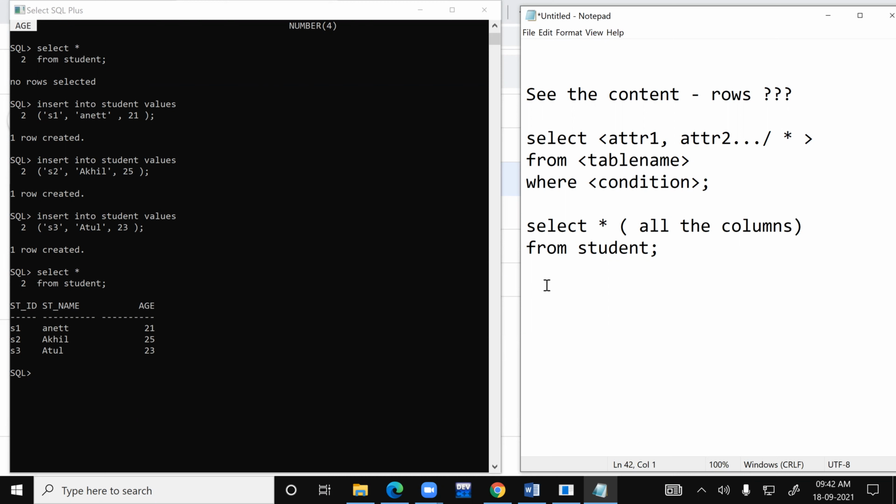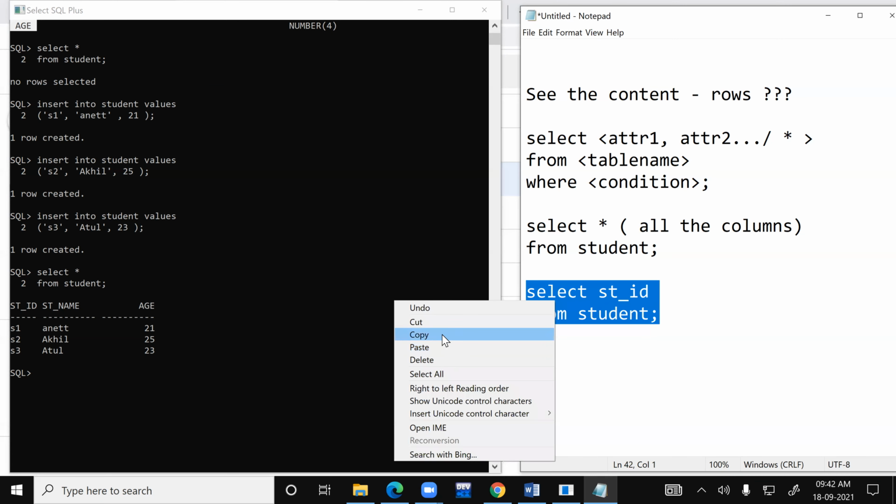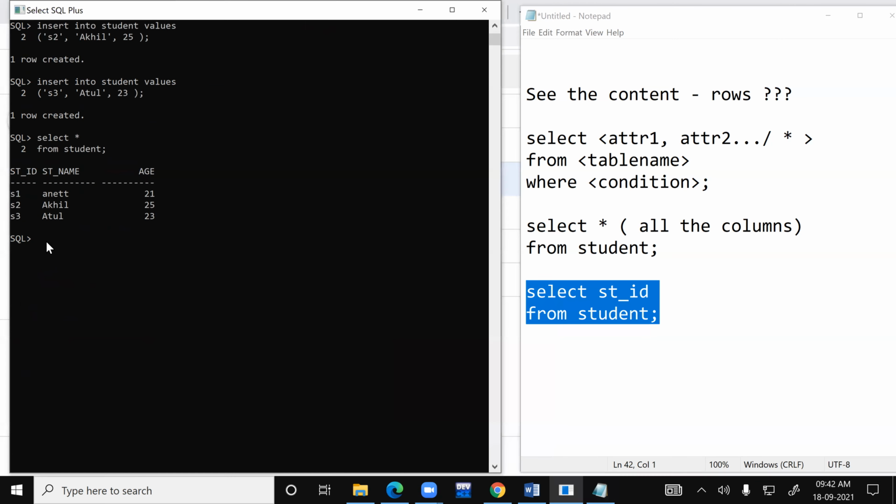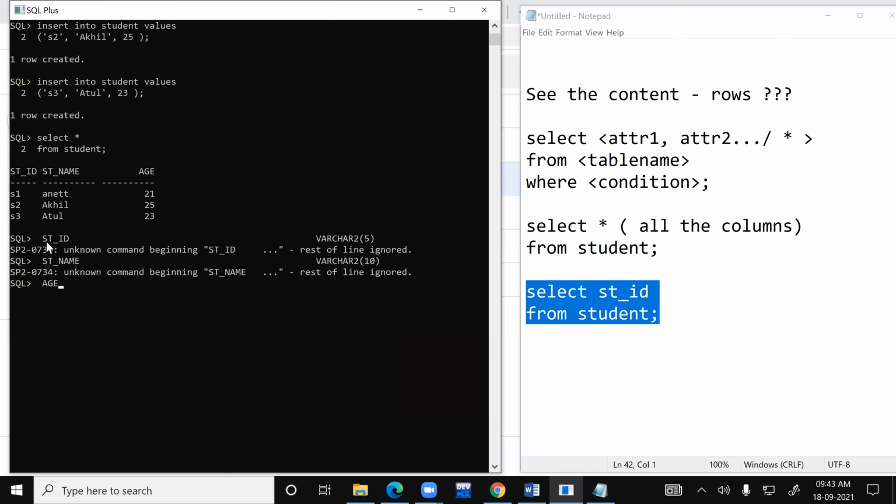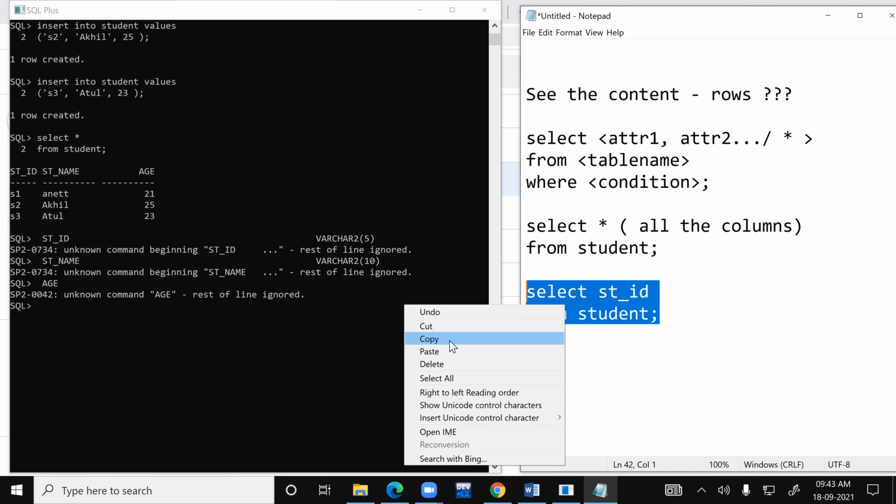I can be very specific. I can write: select, I want to see only the student ID. So I'll write STD ID from student. Okay, if I want to see only the student ID, I will copy this and, sorry, if you select something over here, that will be on a clipboard as well.